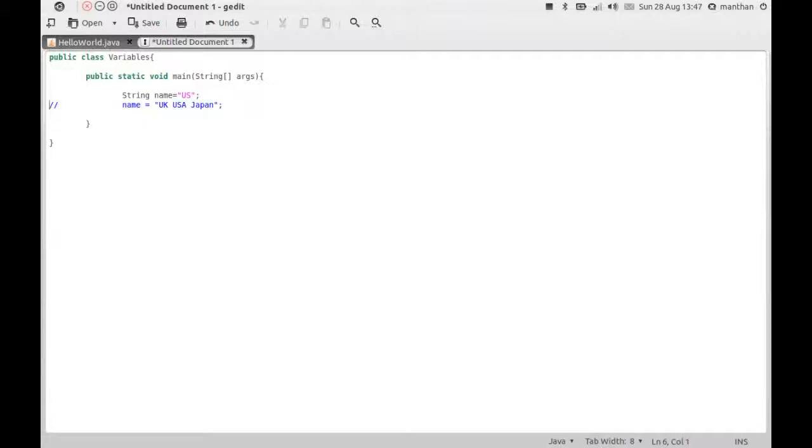Now, I completely forgot to tell you guys about these. This is a comment. If you put two forward slashes before any line, that means the whole line is commented, and the Java compiler will not run that line. It will skip that line and go further. Now you may say that if that is not going to make any difference, why should we put it? Well, we should put it for our own understanding. For instance, I can write here